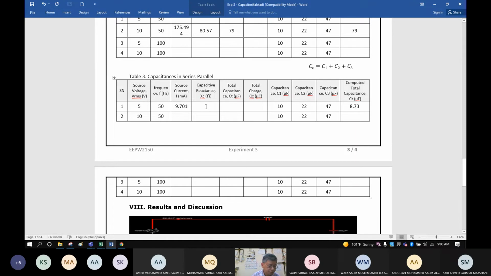What is your answer here, class? Five multiplied by square root of 2, divided by 9.701 milliampere. What is your answer here?